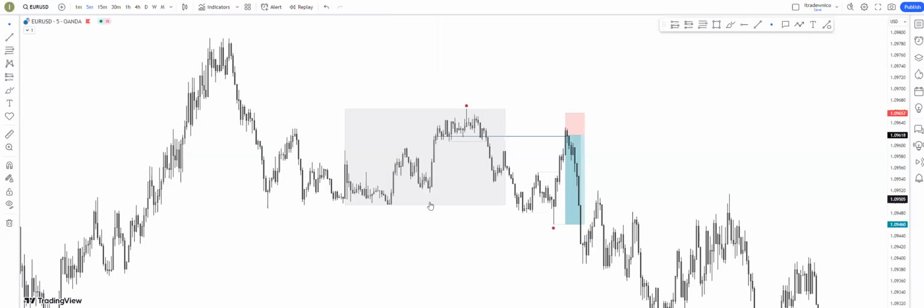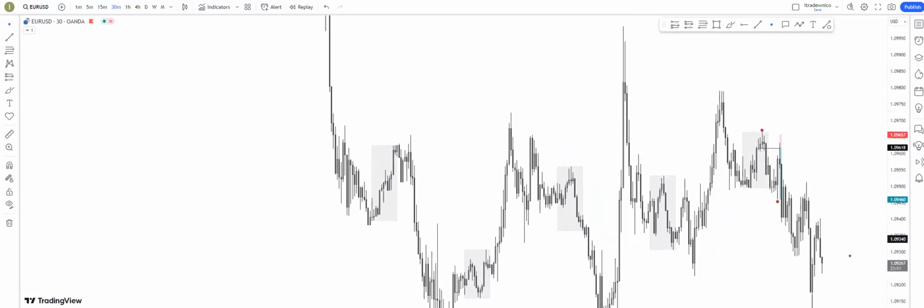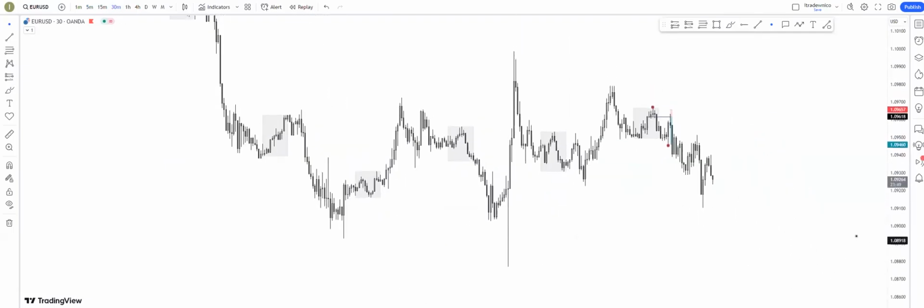Like always, we have to understand where we're coming from. So here we have our ISA session, but we also need the context of where we are in the actual range. If we scale up on a high time frame, we can see that we are inside this high time frame range. We have our high and our low. We have a structural break and also our strong low that ran out our liquidity.